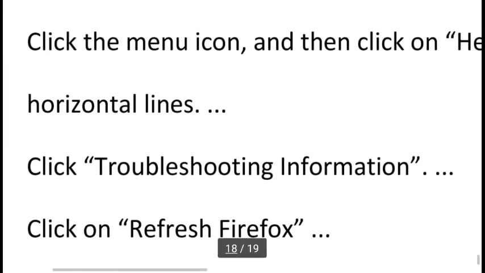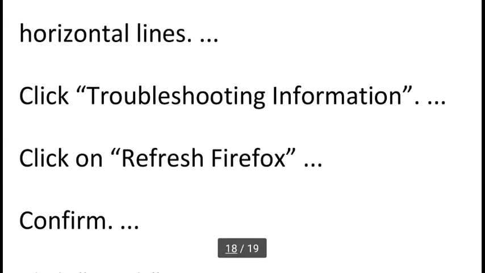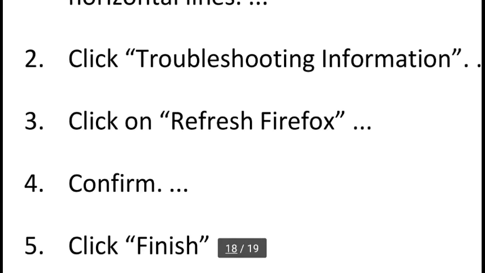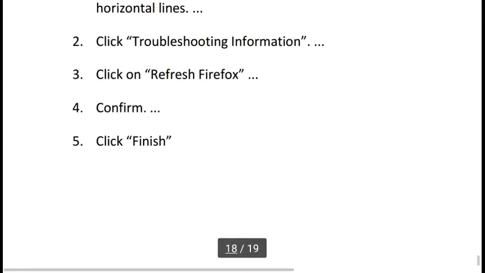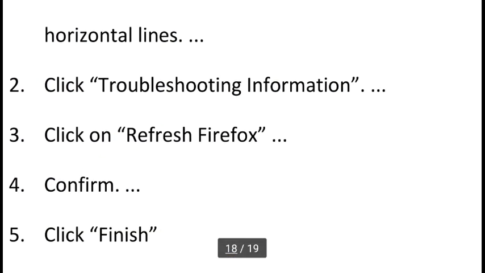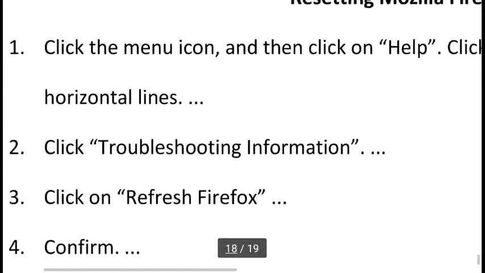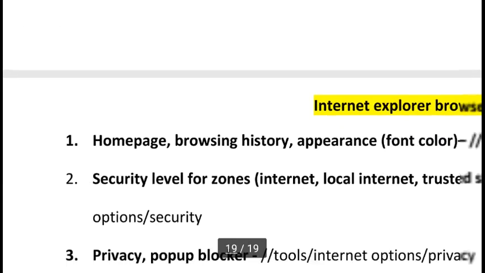Then click Troubleshooting Information. Then click on Refresh Firefox, confirm and click Finish. Okay, so we cancel our previous settings and move to the reset settings of Mozilla Firefox.